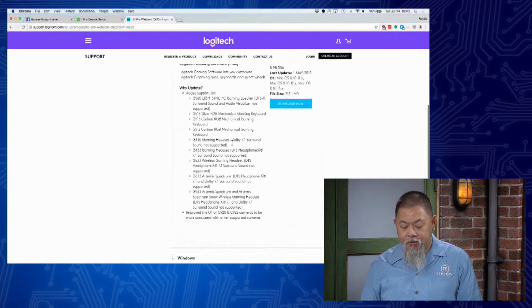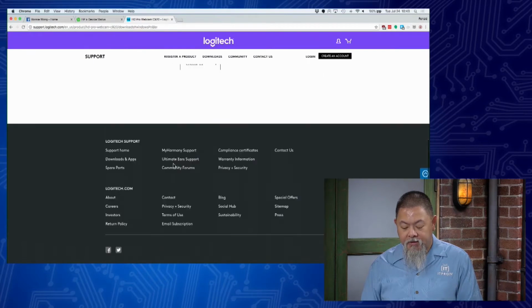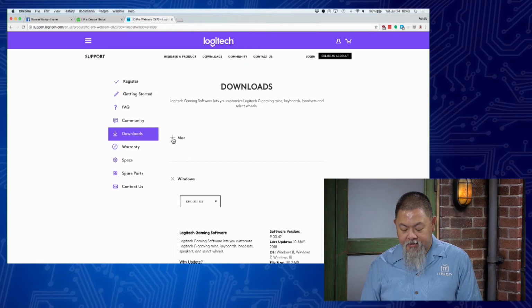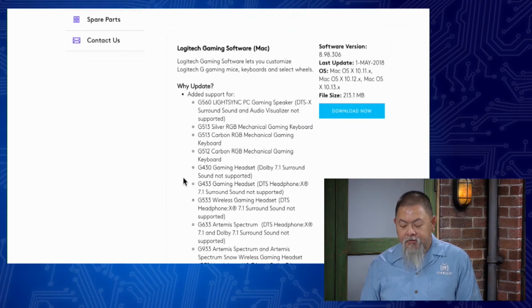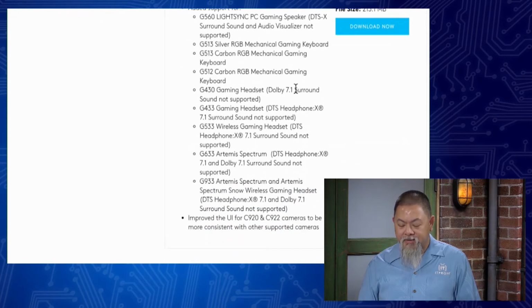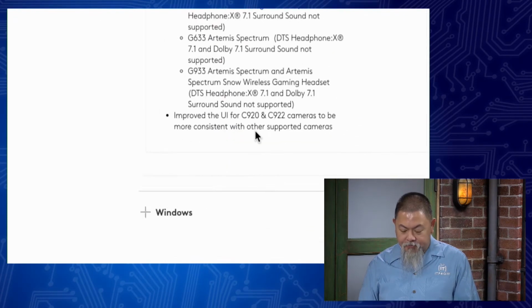If you're running Windows, you'll scroll down here to the bottom, and of course you can access the Windows ones as well. But I'm on a Mac, so let me choose the Mac. And on this one, this one's got a weird name. Okay, it says Logitech Gaming Software. That doesn't sound like the term driver at all. So you might be wondering, is this the right one or not? And it doesn't seem like it. You read it and go, let's customize gaming mice, keyboards, and steering wheels. But if I scroll down to the bottom, it's right here.